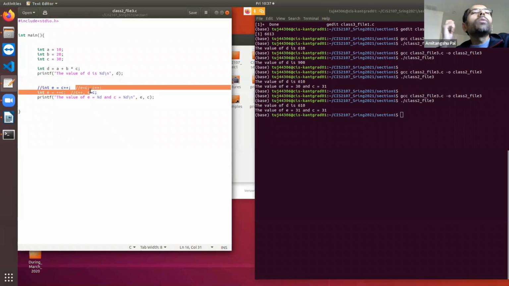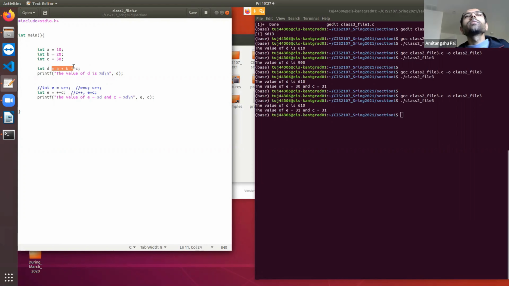Now let's make the example a little bit complicated. So let's come to this example. A plus B multiplied by C. If I am writing A plus B multiplied by C plus plus, then what is going to be the value of B and C? Let me comment this out. As I said, this is a postfix operator. That means first the value will be assigned, and next the increment will take place.